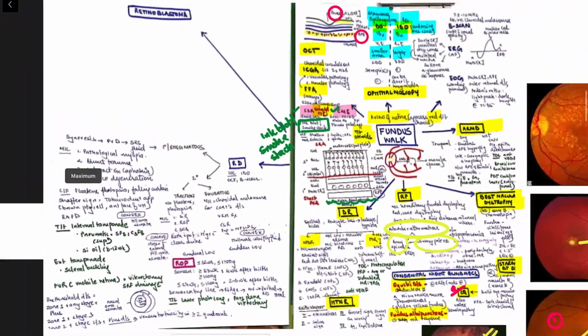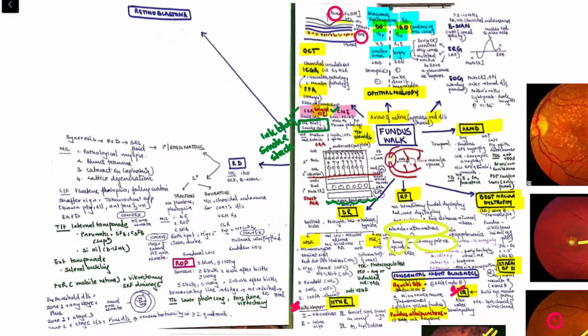Moving ahead, the next condition is retinal detachment. So retinal detachment can be either primary or secondary. Primary is called rhegmatogenous retinal detachment, and the causes are myopia, trauma, cataract surgery, and lattice degeneration. In lattice degeneration, there is a fine mesh form that leads to retraction and finally detachment of the retina. Remember, very importantly, the primary is associated with floaters and photopsia, and the patient will complain of a curtain falling in front of him. That is how he'll lose his vision.